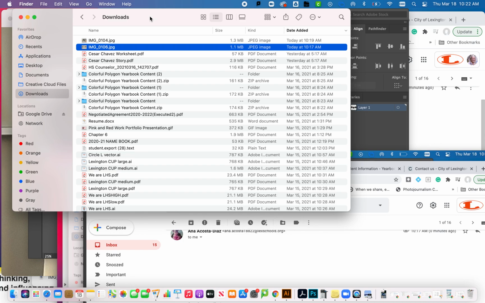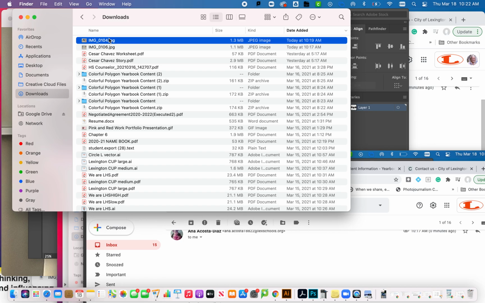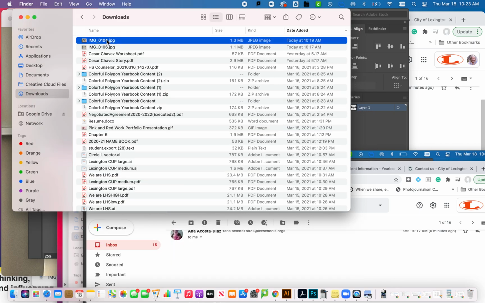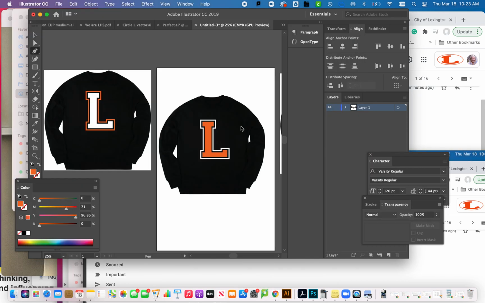All right, this tutorial is for your contour line assignment. So same thing as geometric. If it's not a JPEG, it's not going to open up in Adobe Illustrator. So make sure that you open it up in Preview and export it as a JPEG file type. From there, you're going to take your file, drag it into Adobe Illustrator,